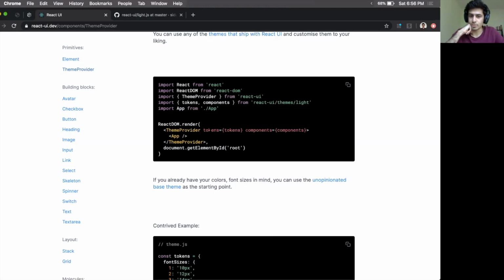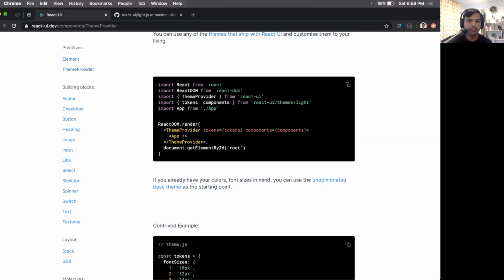And then pass those. So all of the theming essentially happens at the theme provider level. And then how many themes you want is up to you. You can keep creating new ones, and as long as you follow the same specification, you can do whatever you want. Okay, yeah, that sounds interesting.